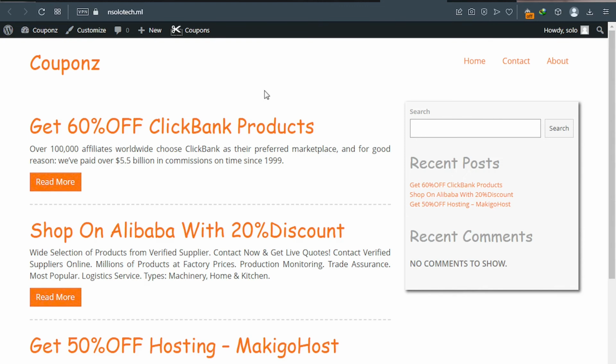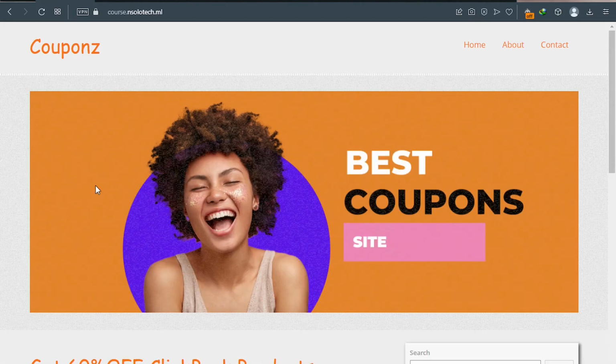So finally, we're going to display a banner below our header, our navigation bar, just like the one we have on our demo website, just like this. Okay, so I'm going to teach you how you can get this exact design from Canva. Now, if you don't know, Canva is a graphic design tool we use to design this kind of things. Okay, so go to Canva